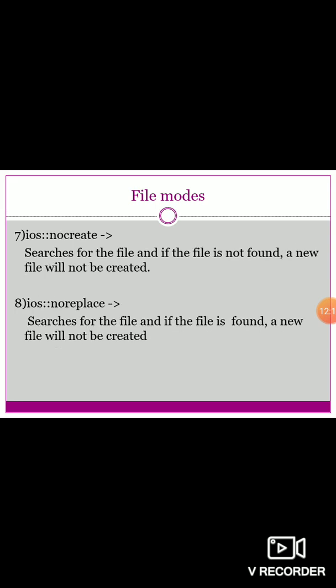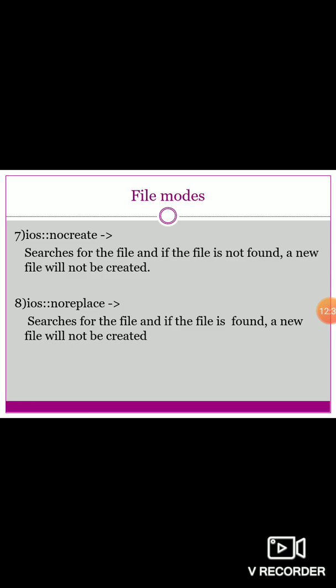Next one I have nocreate. Now nocreate का use होगा कि it will search for that particular file. If the file is not found, it will never create that file. That means अगर फाइल नहीं है तो वो फाइल को ओपन करेगा नहीं.